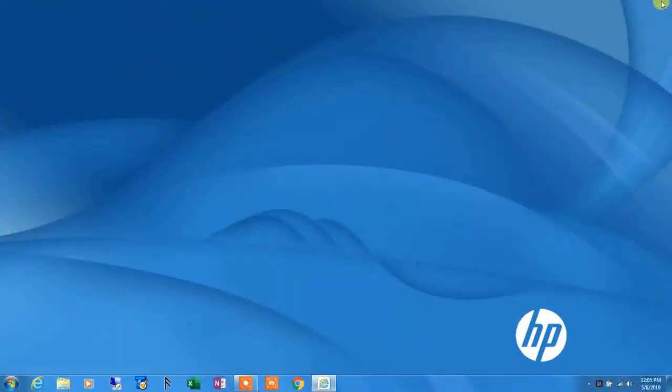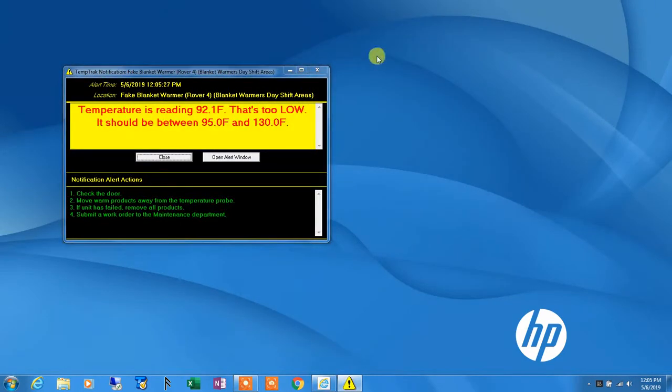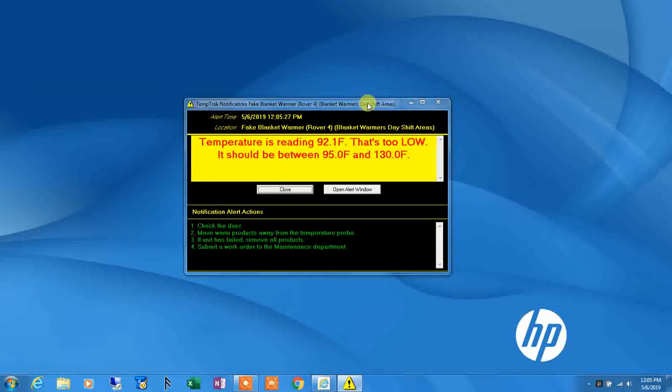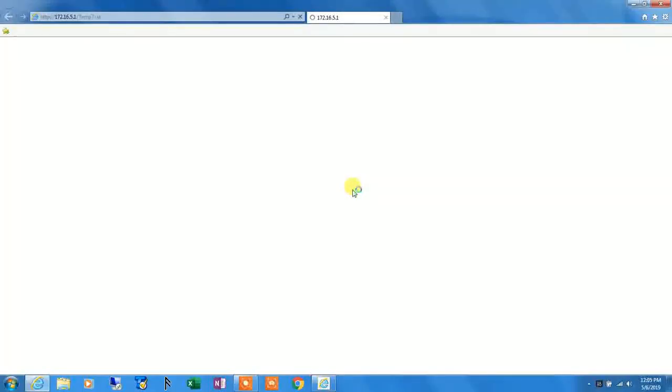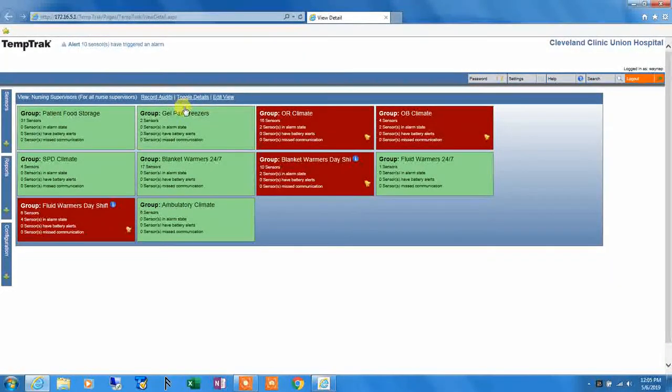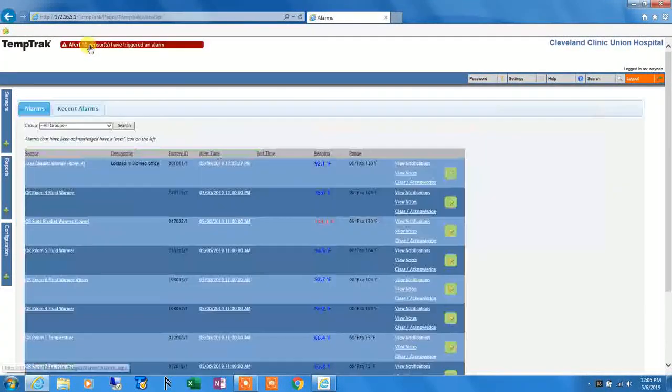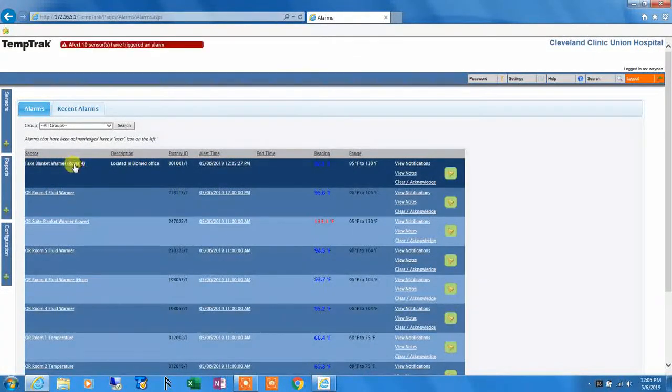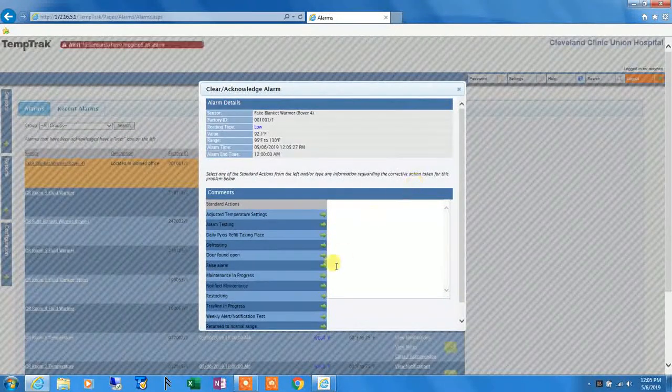Okay, 15 minutes goes by, and there you go again. We have another alert. You go ahead and open the alert window. This time you're thinking, okay, there's something up. I've really got a problem. I'm going to drill down into the alarm view. There's my blanket warmer. And I am going to go to clear acknowledge, and this time what I'm going to say is I've notified maintenance,